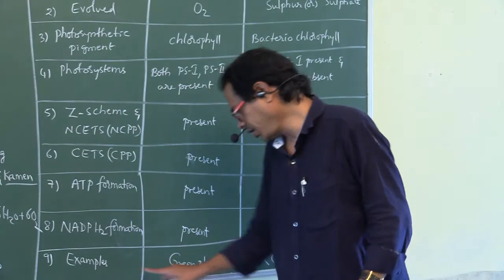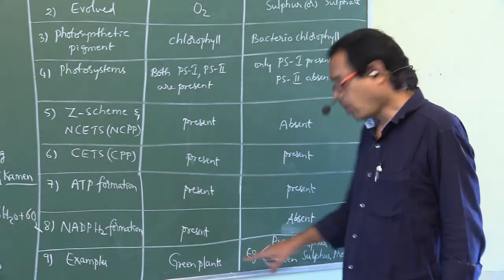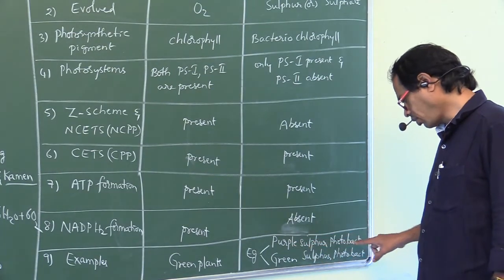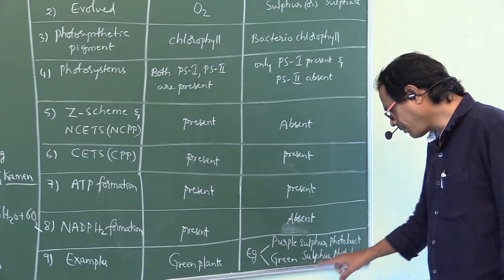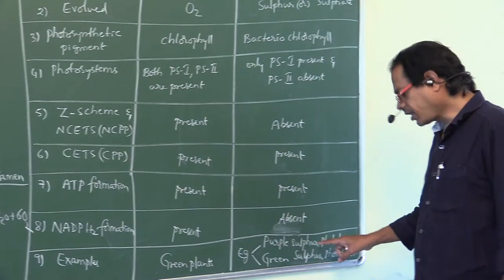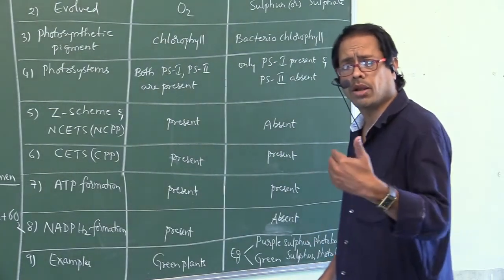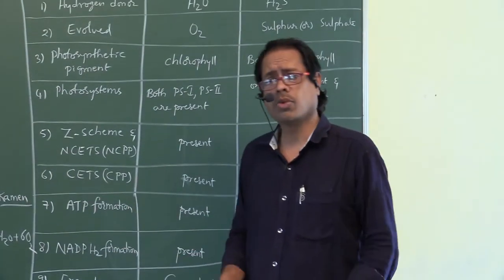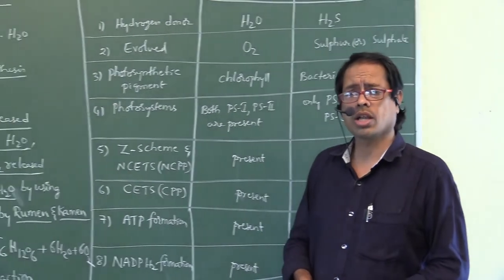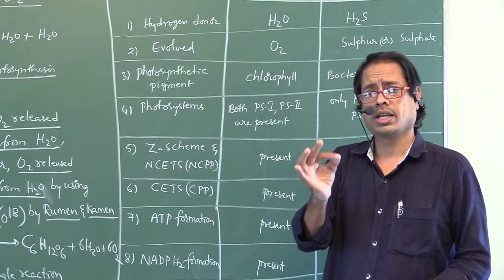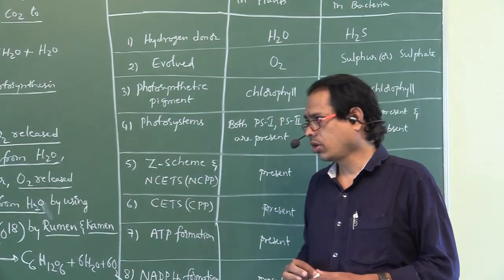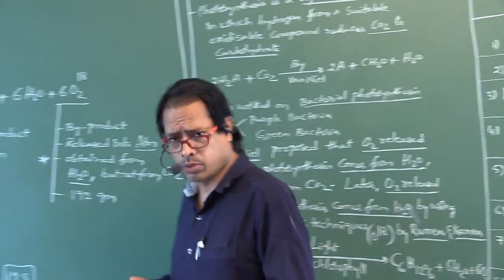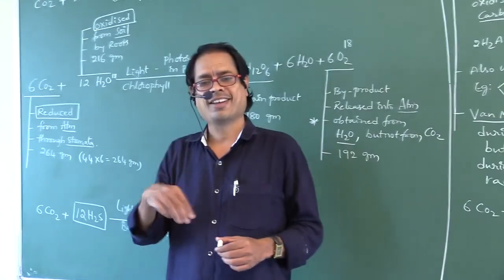Next, what are the examples? For plants, all green plants. For bacteria, purple bacteria, also called purple sulfur photosynthetic bacteria, and green sulfur photosynthetic bacteria. Sulfur is released, and that's why they are called purple bacteria and green bacteria. Did you understand, my dear students? So this is all about these two concepts, what we know and early experiments. I hope you understood, my dear students. Please note down all these points in your notebook and we will meet in the next class.